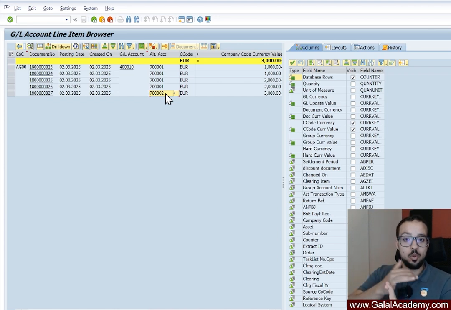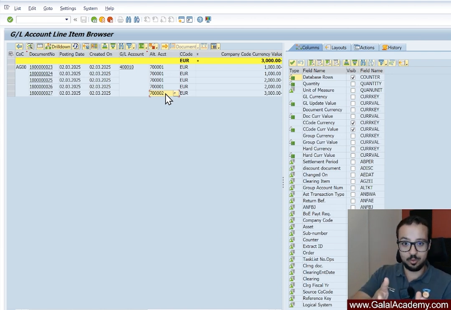So this is from the local chart of account. You understand how we assign it to the company code, and also you understand how to maintain it in the master data, how to change it if needed, how to change the behavior of the error and warning messages related to this. So now you should have all what you need to be able to treat any situation related to